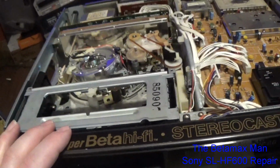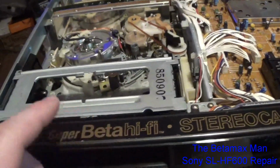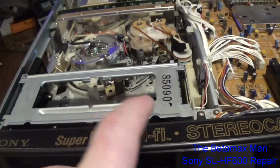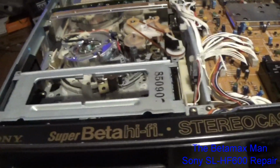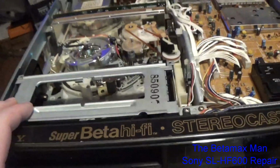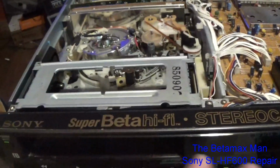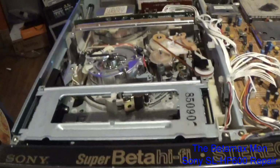Now, another thing that was going on is that it was wanting to eject the tape early. So before the tape was even unthreaded, it wanted to eject it. So it wasn't even completing the unloading cycle. This was actually causing a couple of different faults, and it was all related to those tape-in sensors not working